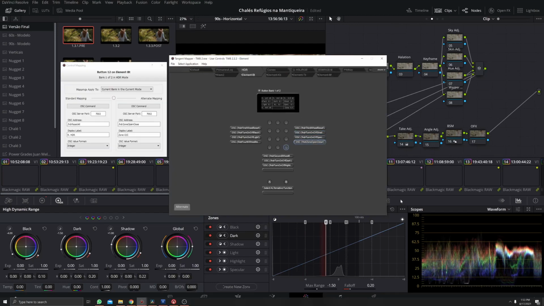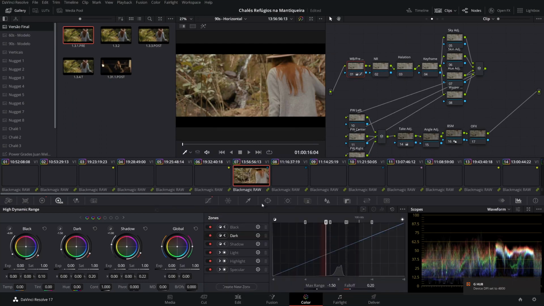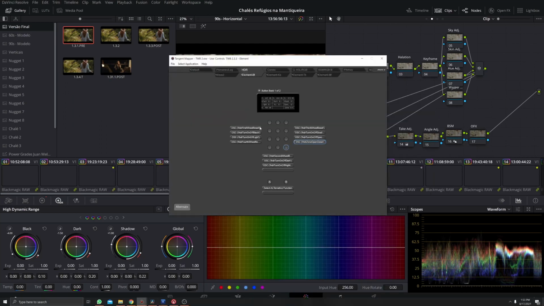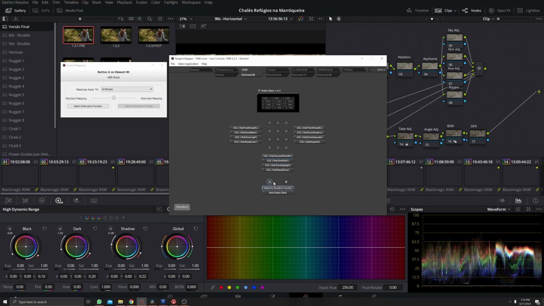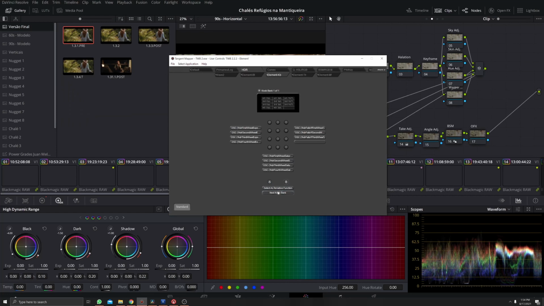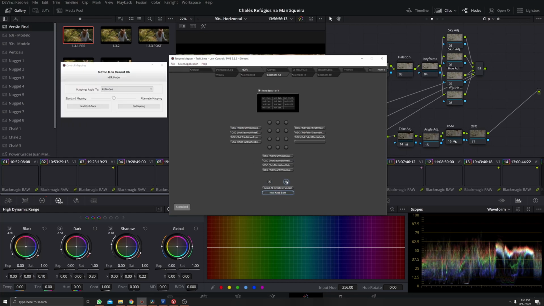We have the zone open and close button here, so we'll open and close this zone panel, and we have a second bank with show and hide for each zone, so black, highlight, dark, specular. You can show and hide using these buttons here on the second bank. As always, to change between banks, you have the B buttons here. The same for the knobs, to change to another bank, you have the B button. But here on HDR, we don't have a second bank for knobs.